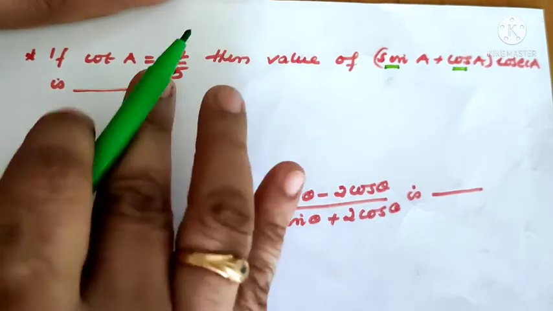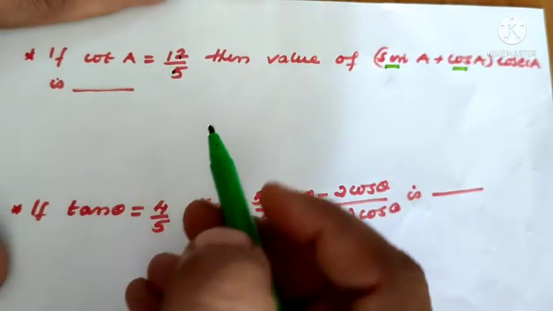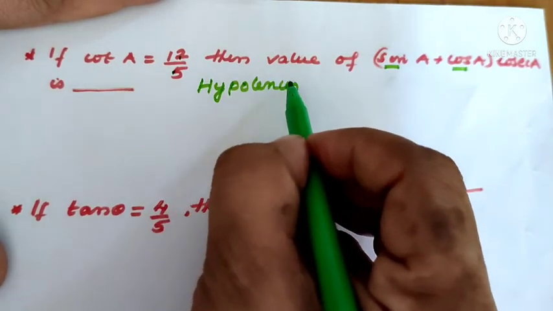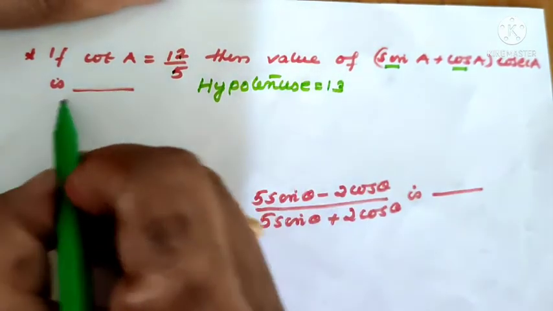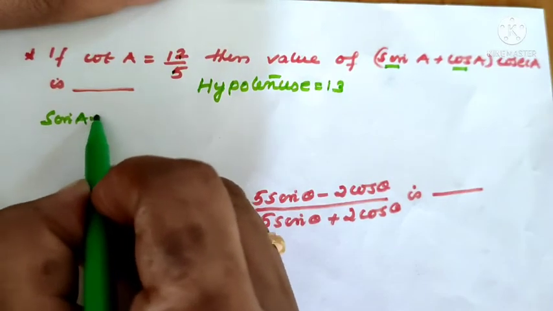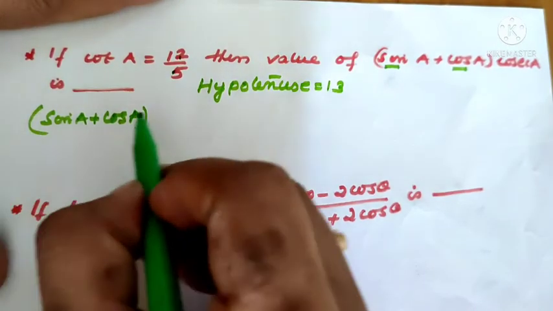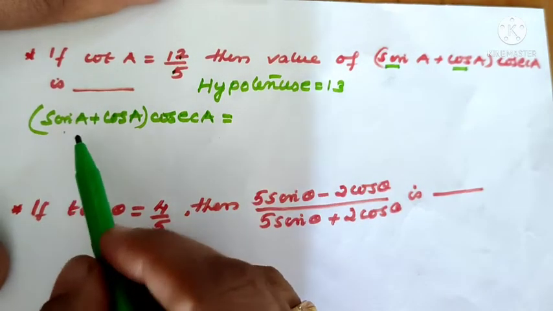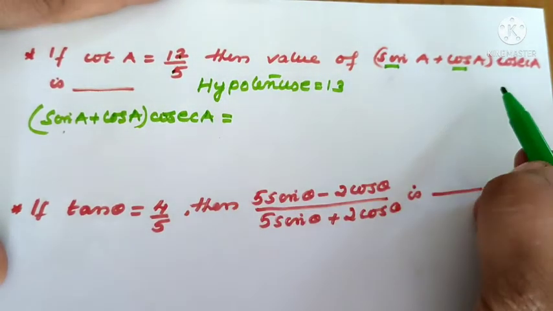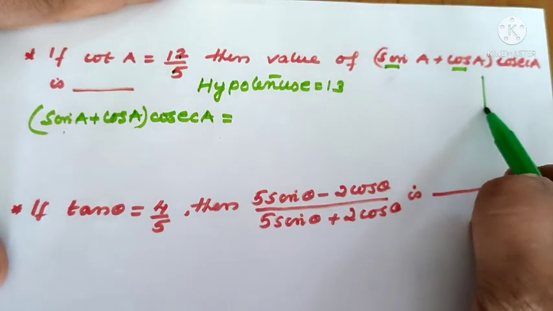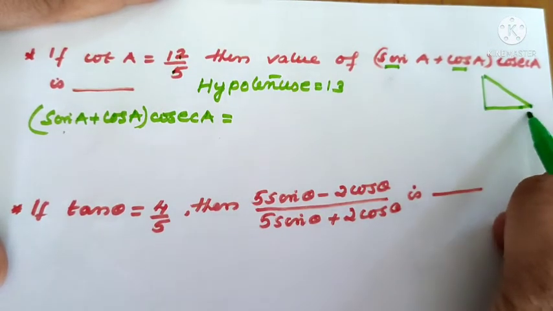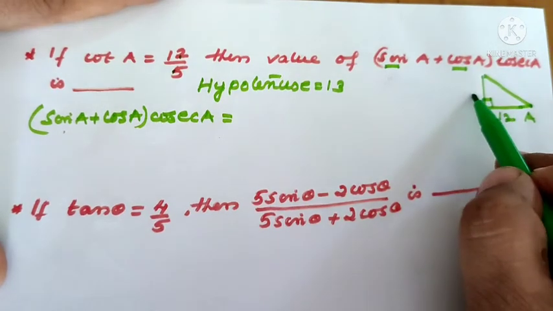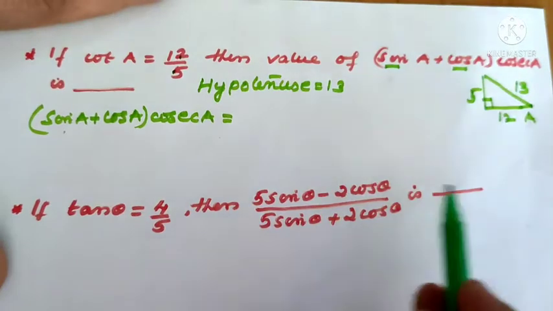So this is either the opposite side or the adjacent side only. So the longest side, the hypotenuse, we can calculate first by using the triplet. So we know that it is equal to 13 only. So we will write for (sin A plus cos A) into cosec A. Right. So sin A means opposite side by hypotenuse. So which is the opposite side, we must know. If you are having doubt, then only you can draw the diagram. A I will write here. Cot A is adjacent side, so 12 by 5 here. Then here 13. Now what is sin A?